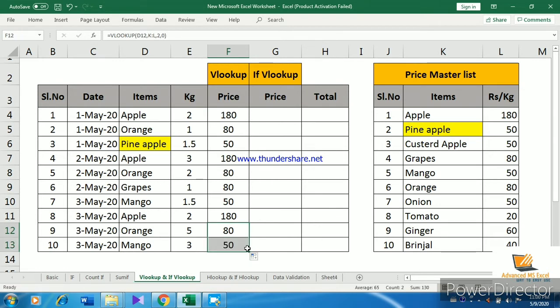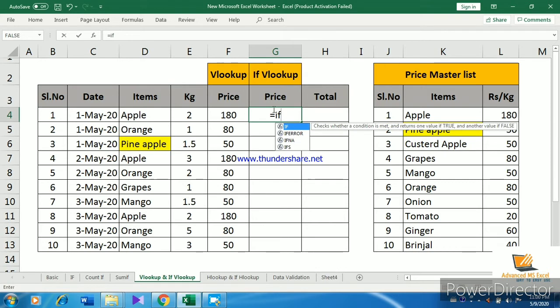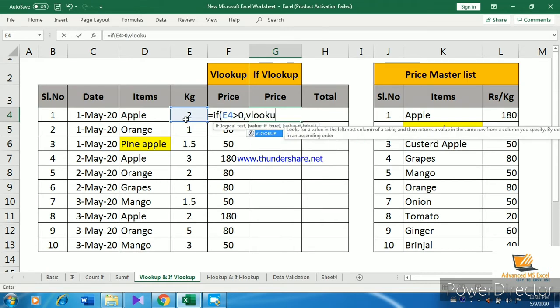Second, we do the VLOOKUP with an IF condition. We have to start with the IF, as we did in the earlier column. If E4 is greater than 0, meaning the KG column should have more than 0 only, then only it will do the VLOOKUP.